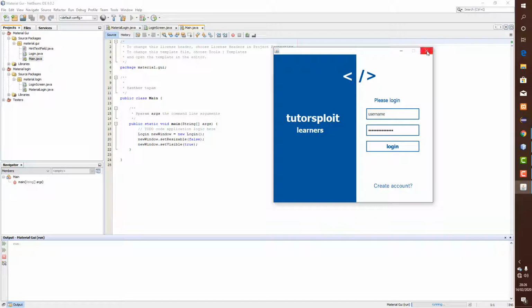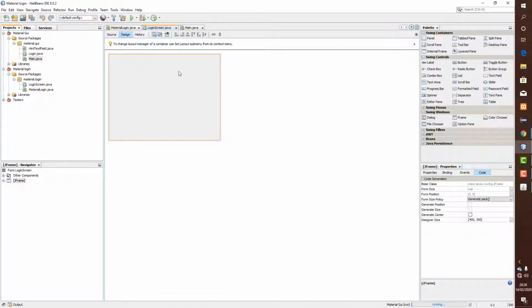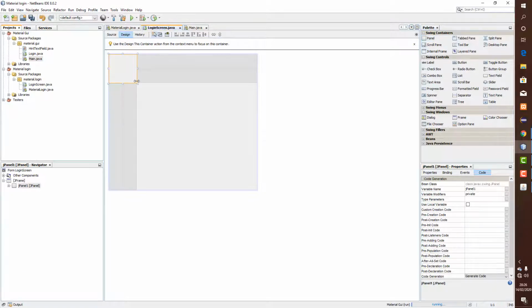So let's see. Right, so I'm going to go to a login screen. I want to just increase the size to that size. I believe that is almost the size that we have on the other one. Right, so the first thing, first of all, we are going to drag a panel here. Okay, we are going to drag a panel here